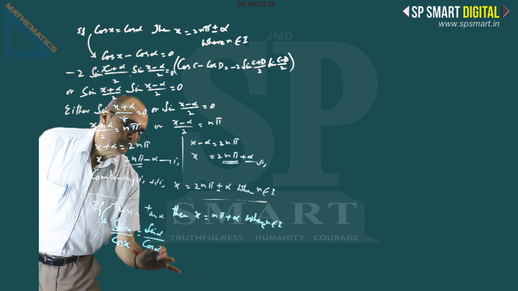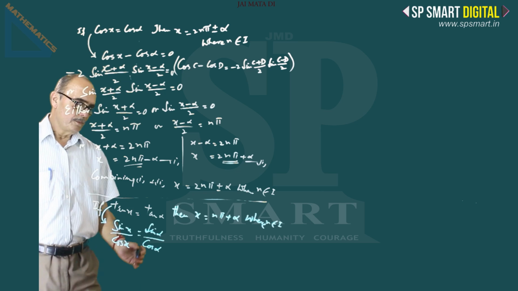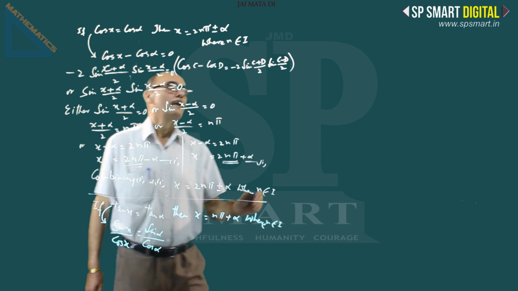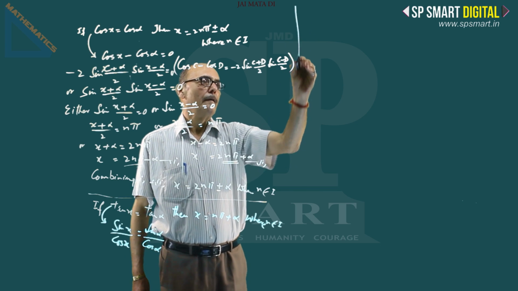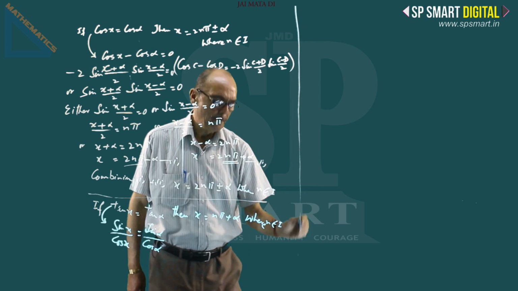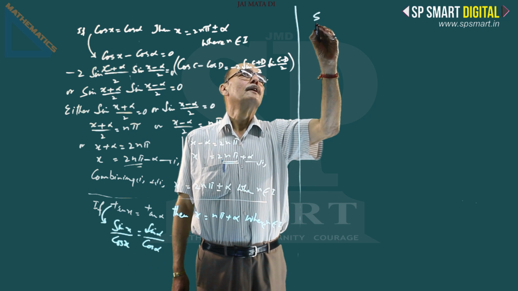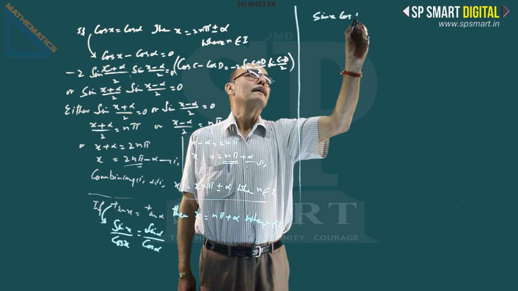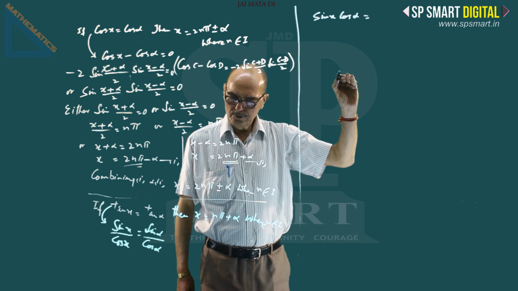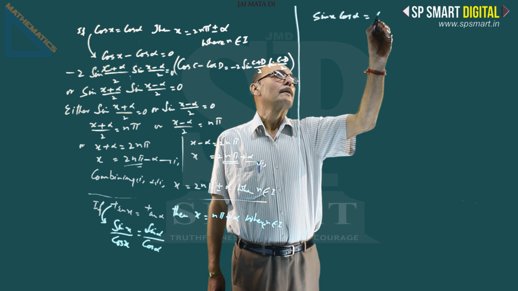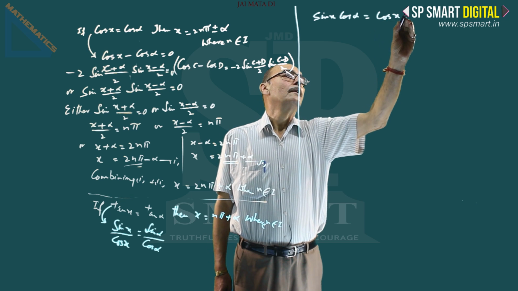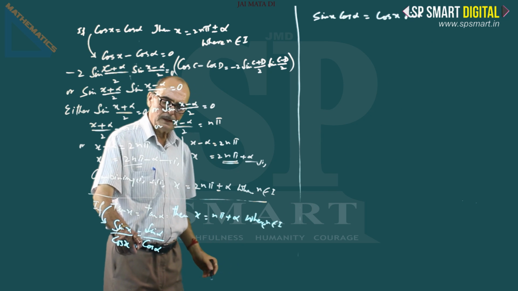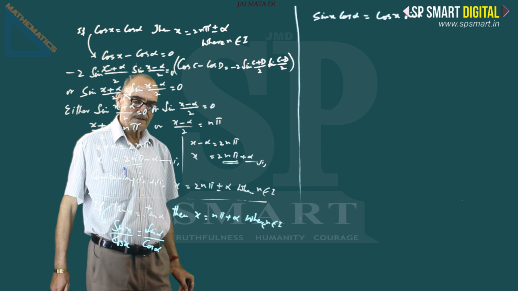If you multiply crosswise, so we have sin x cos alpha equal to cos x sin alpha. See, by cross multiplication, we bring this cos alpha to this side, sin x cos alpha, and